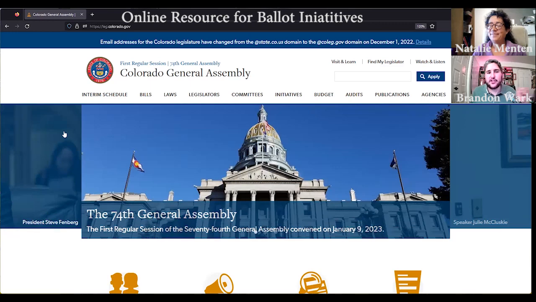Yeah, the Colorado General Assembly website, leg.colorado.gov, I'm on that daily during the legislative session, as many people are in the Liberty community. But I don't really get onto it too much outside of that legislative session. So a lot of people probably don't know what a valuable resource it is when it comes to our initiatives in the upcoming November ballot.